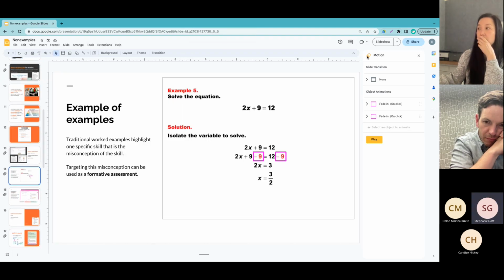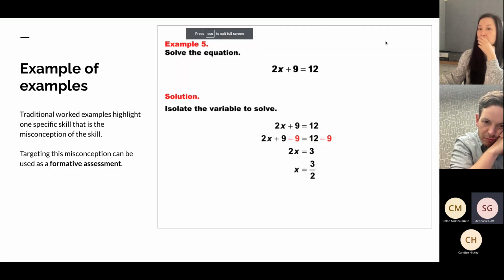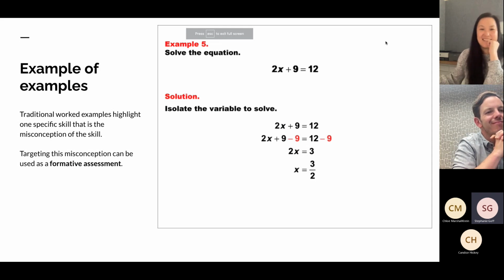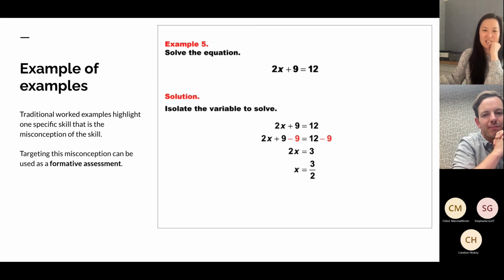I'll go back to this example that I had up here. Chloe also said she was just about to ask if you had any suggestions for fractions, because that's what she's teaching at the moment. So that was well timed. Yeah, we actually have some great things for fractions. I should pull up the other